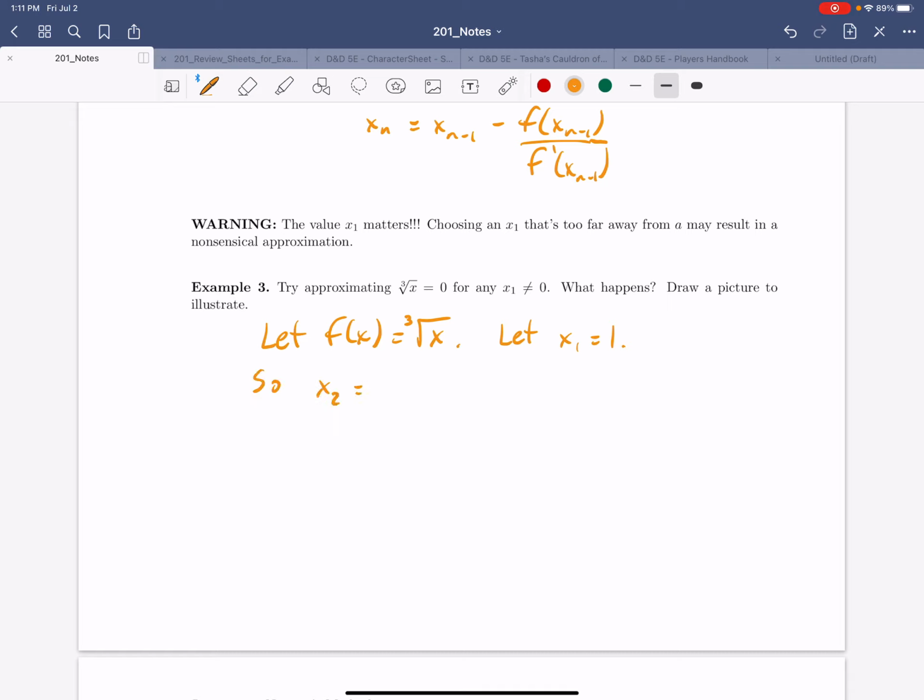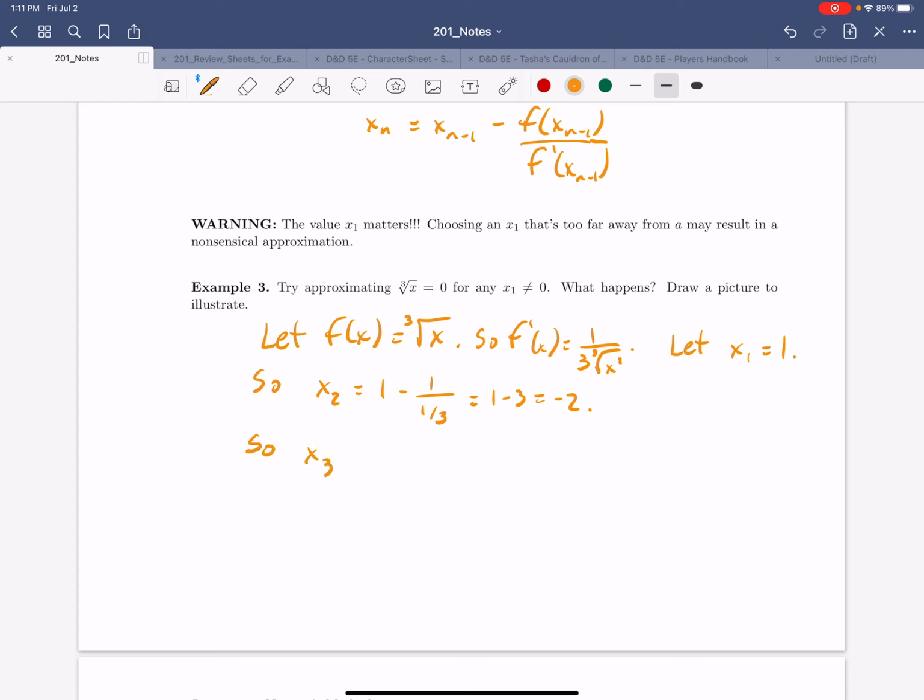Well, x2 is going to equal 1 minus... Actually, sorry, let me just take f prime first really quickly. So f prime of x equals 1 over 3 times the cube root of x squared. Okay, just to be clear. Okay, so x2 equals 1 minus 1 over 1/3, which is 1 minus 3, which is negative 2. Okay,